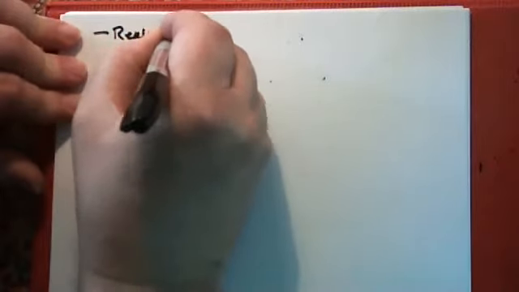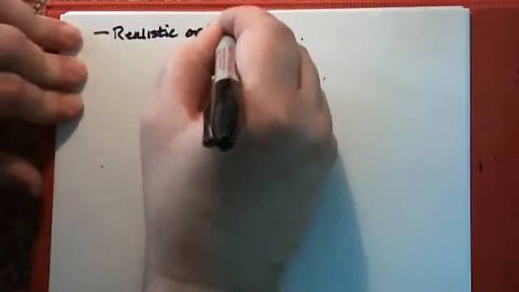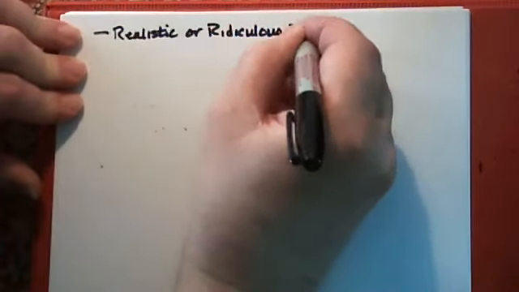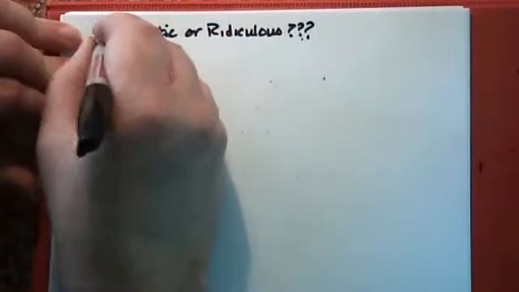Because, again, having a ballpark, at least approximate understanding of the magnitudes of these units can be very useful when doing things like unit conversions, because it makes it possible for you to tell whether your answer is plausible or ridiculous. So under the heading realistic or ridiculous,